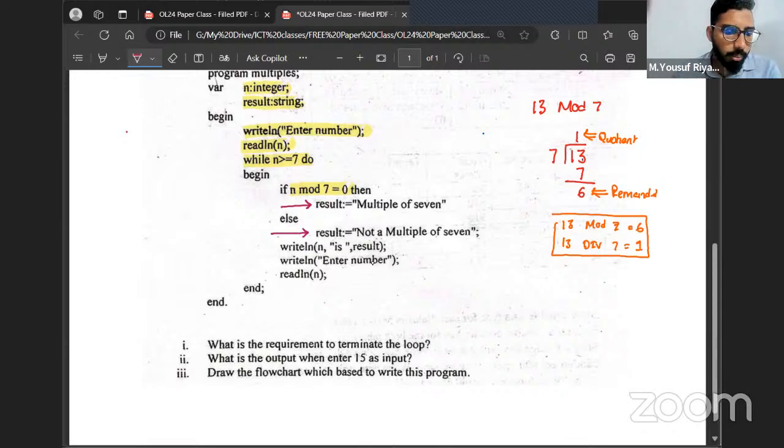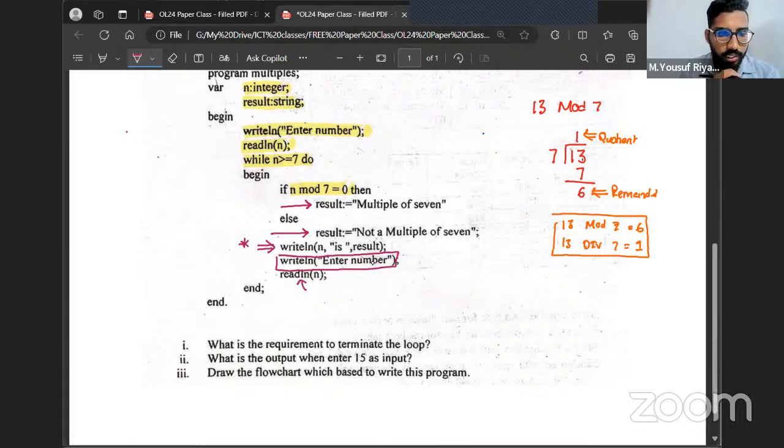So you're going to mention the number entered is a multiple of 7, or the number entered is not a multiple of 7. That's going to be displayed here. The status is going to be displayed here. That's also fine. After we display a number, you're asking the user to enter another number again. After you ask the user to enter another number, you're going to store that number in the variable n again. Fine. Now you can see here, this whole thing is going to repeat again and again until